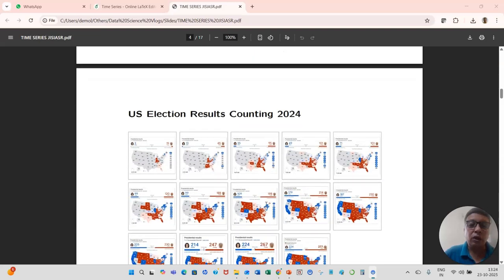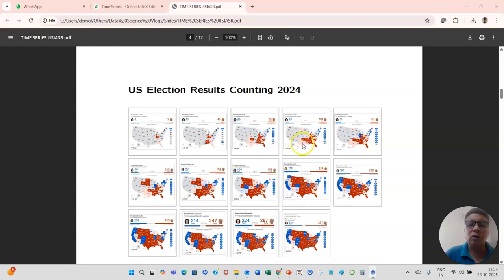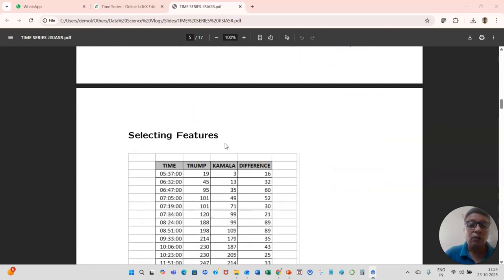So I took the US election result counting in 2024. So these are the statuses at different time points. Finally, Trump won. So this is time series data. I looked at it as time series data, and one can